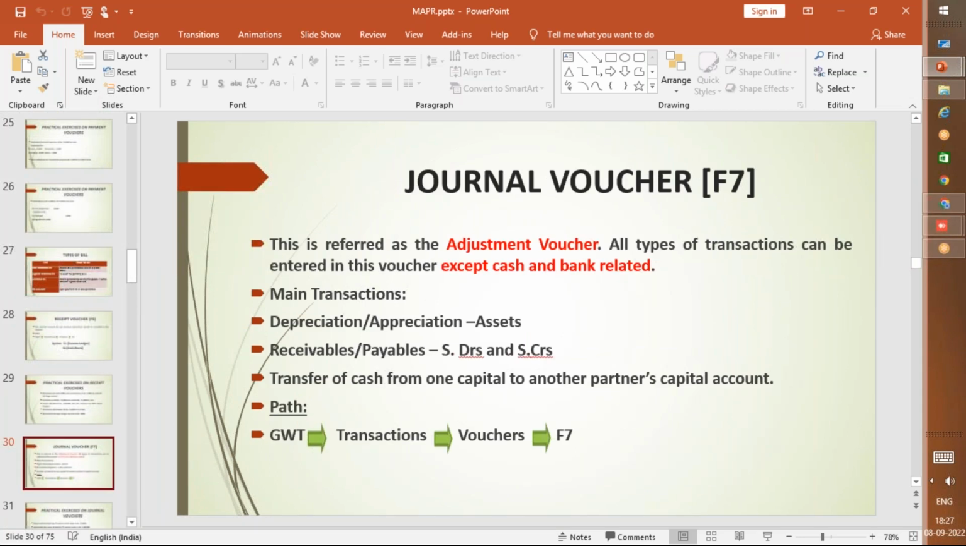As I explained in yesterday's class, journal voucher is an adjustment voucher where all the adjustments like appreciation, depreciation, receivables, payables are made. So what are appreciations? Appreciation is